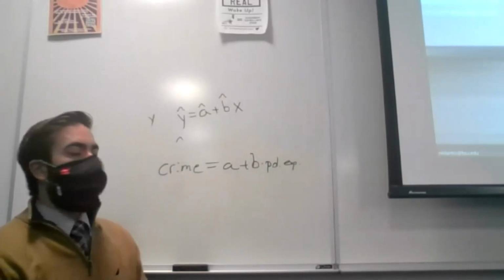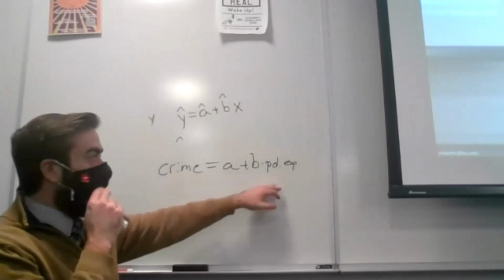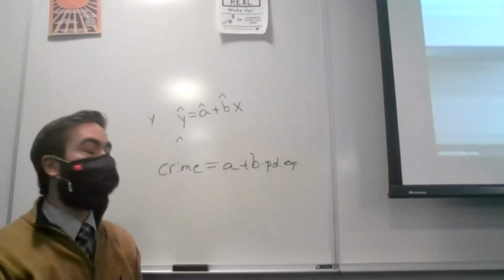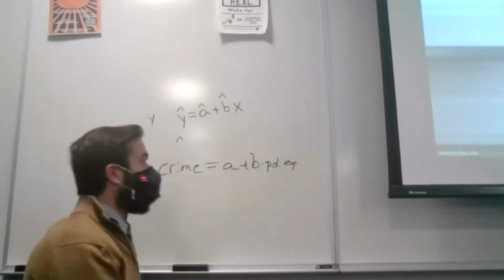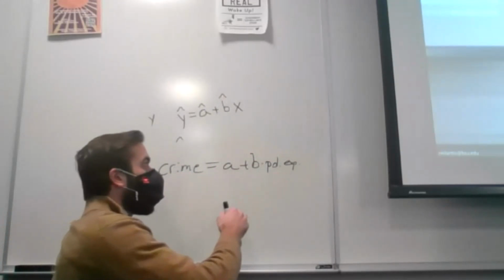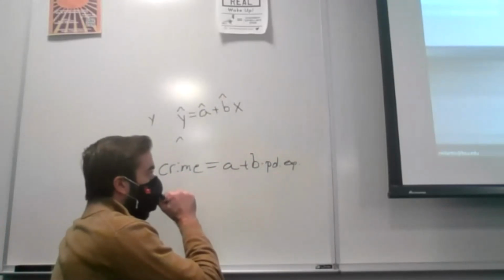We might think that if we spend more on our police force, maybe we can keep crime rates down, right? The problem is, if you actually had some data on this and you estimated this equation,